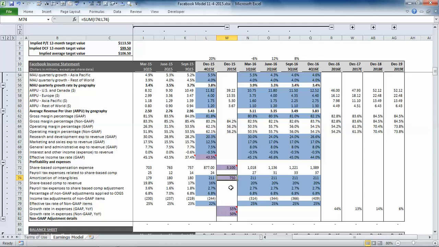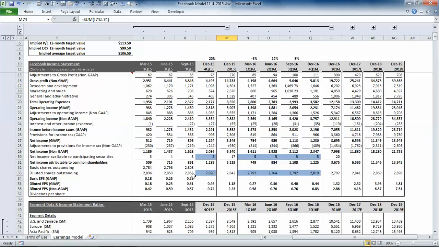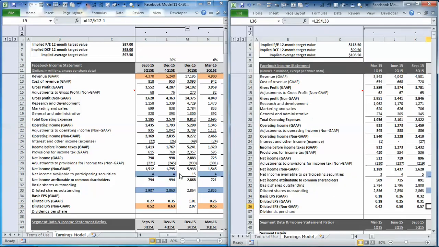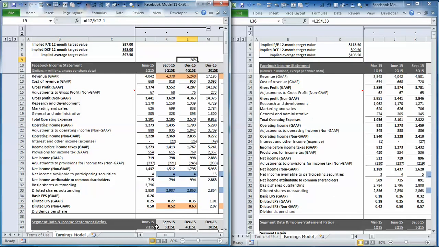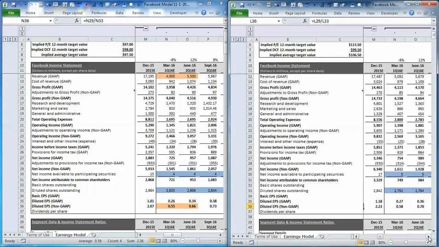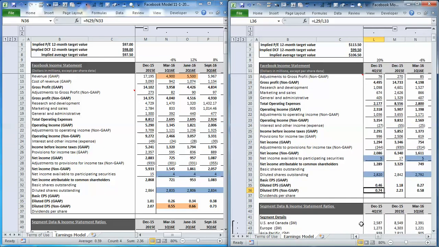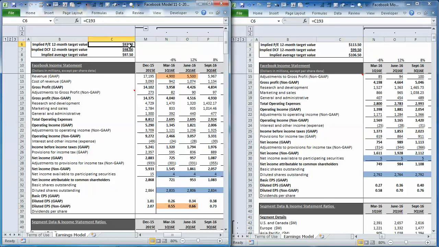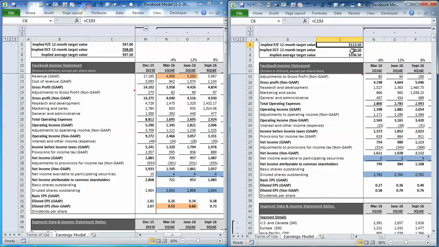Overall, our revenue ended up increasing and our expenses ended up decreasing. So our EPS is now higher on a next 12-month basis. Prior to this release, the next 12-month consensus was 236, and now we are at 277. Obviously that's what's driving our PE multiple valuation, which went from 97 to 113, and on the DCF side,